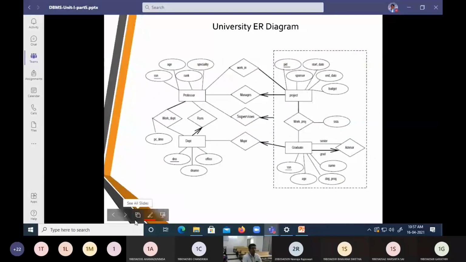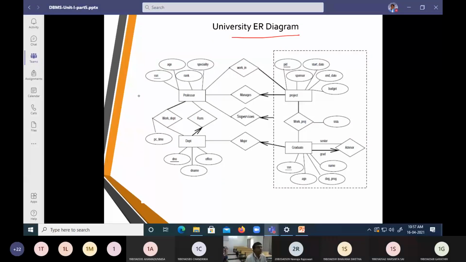Now, here is a university ER diagram model. In this university ER diagram model, we can say there is a relationship among different entity sets.